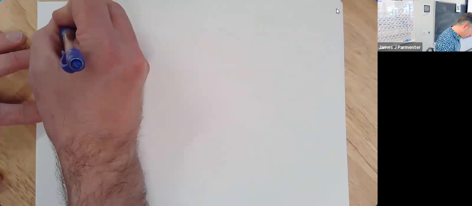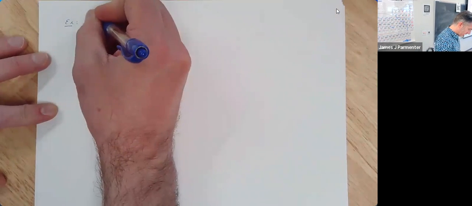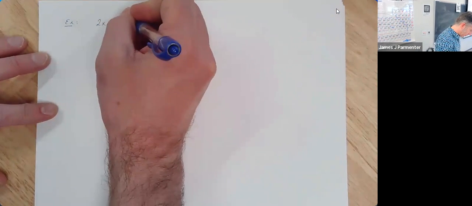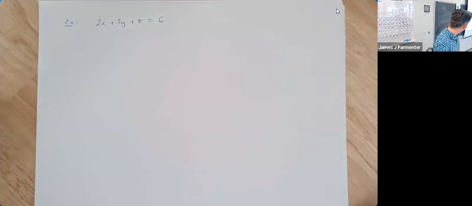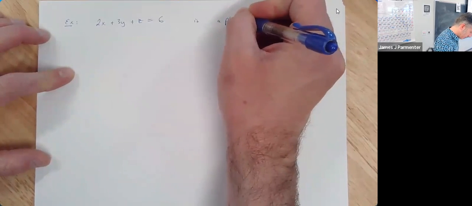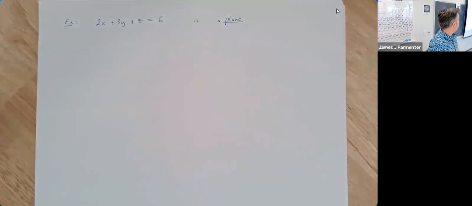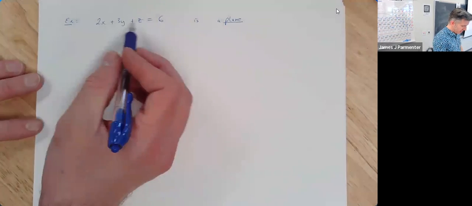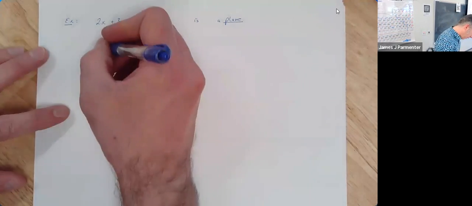Meaning, for example, if I wanted to graph, say, like 2x plus 3y plus z equal to 6, I know right off the bat that that's going to be a plane. Because every power of x and y is either 0 or 1. In our previous examples, like we had y equal to 0 or y equal to 5, z and x were both raised to the 0th power, they weren't there. But if you have everything, they have to be raised to the first power. To graph this one,